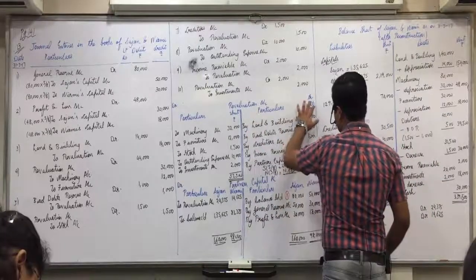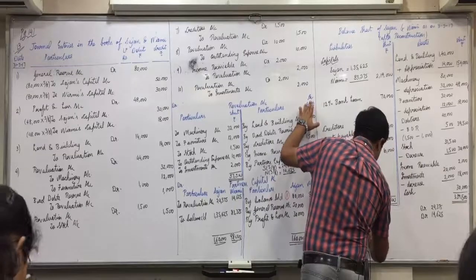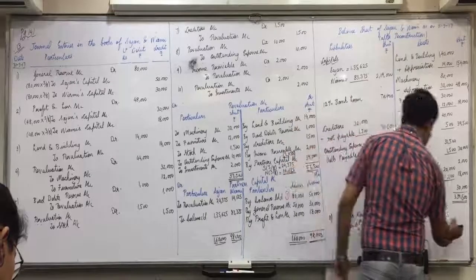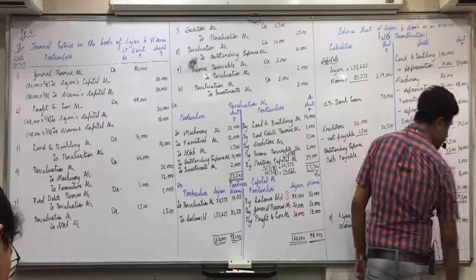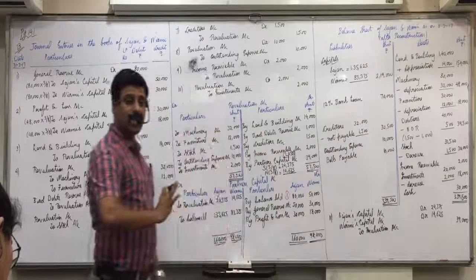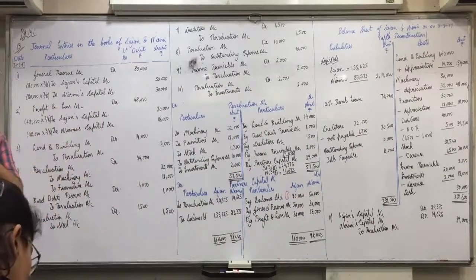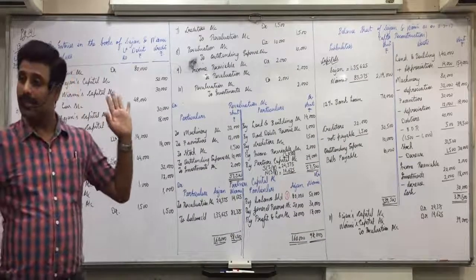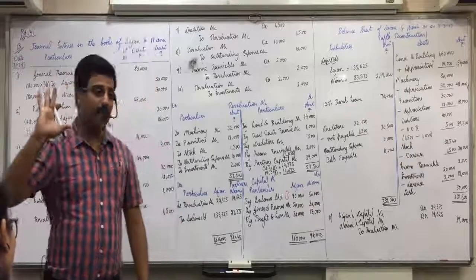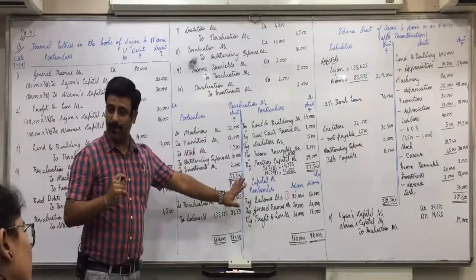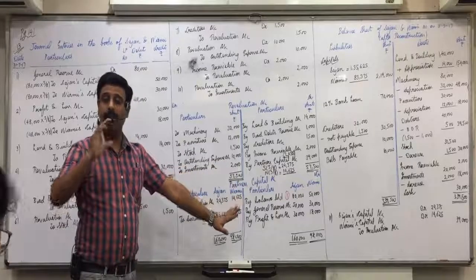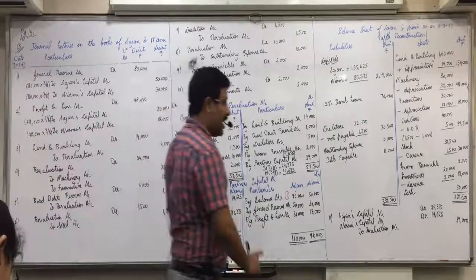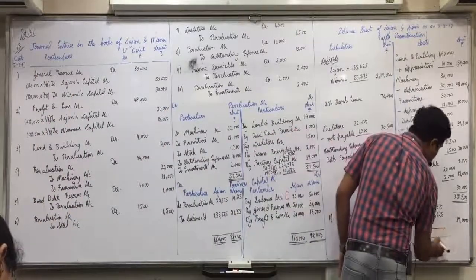And in which account is it on the credit side? Revaluation. So to revaluation account 39,000. Are you okay with this? So this profit or loss entry, don't forget to pass it at the end after the balancing. Don't be happy that the balance sheet got tallied, hooray, over. One entry will always remain at the end, that of the profit or loss. It should be passed without fail. Being loss on revaluation, distributed in old ratio.